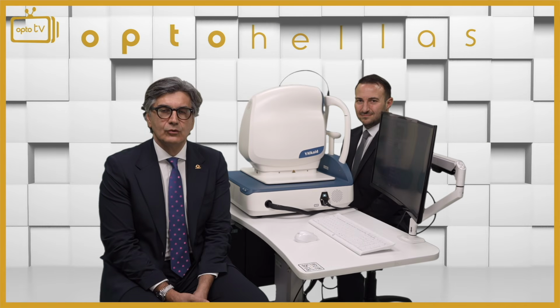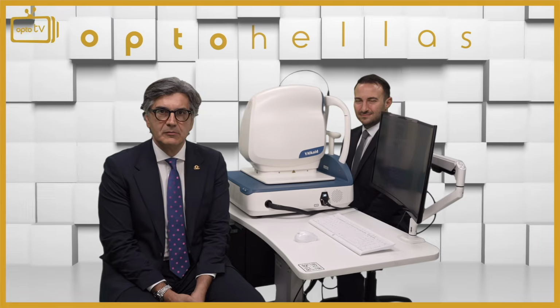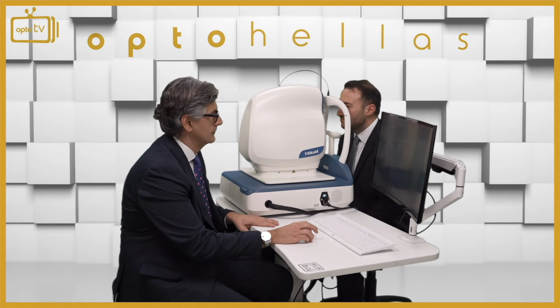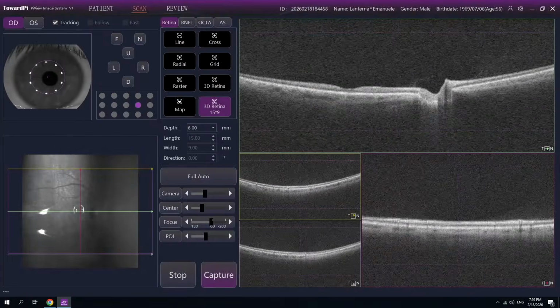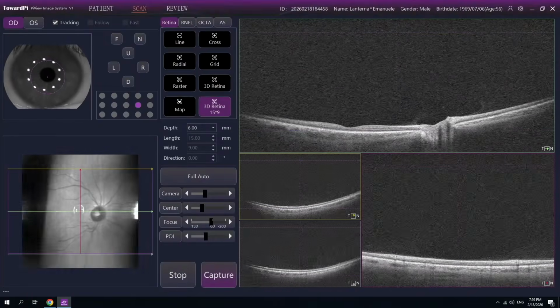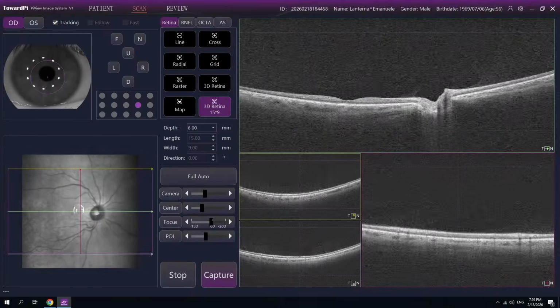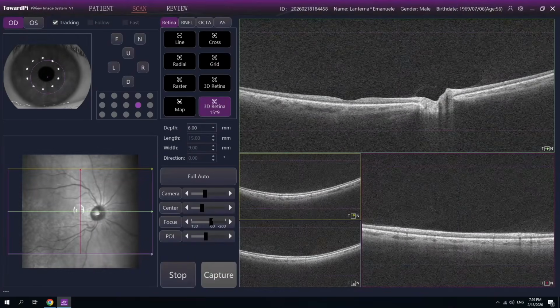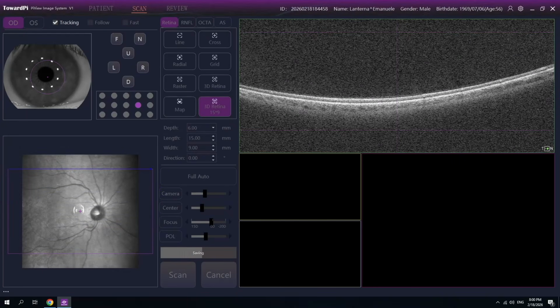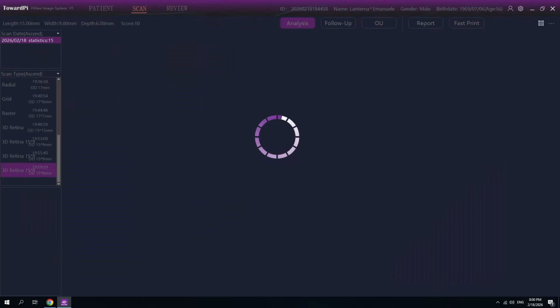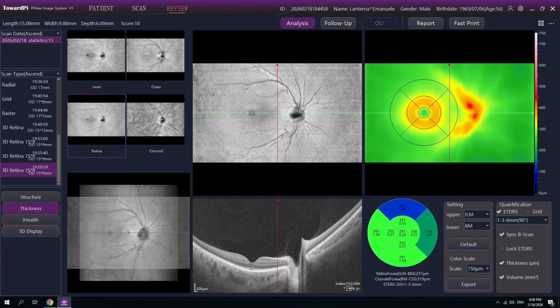Now I'm going to speak about the 3D Retina 15x9. Let's acquire. Same procedure of acquisition. I press capture and it's done, okay? Now, clicking review, 3D Retina 15x9 allows you to have a very nice screening tool because it's a retina map,